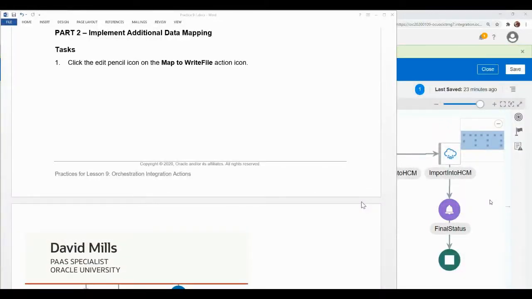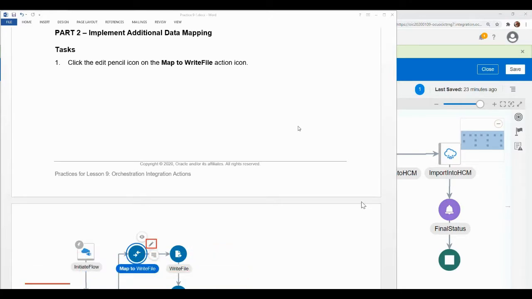Continuing now with part 2 of practice 9-1. We have got some data mapping to take care of. Part of it has already been done for us. Actually, a lot of it's been done for us. We are going to do a little bit of it just to get a feel for how to use data